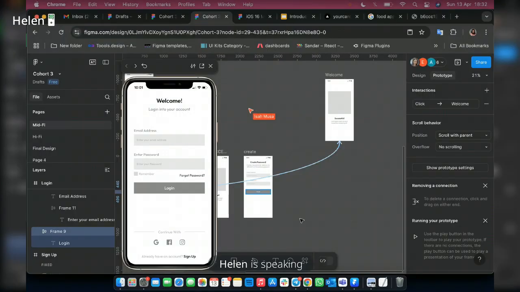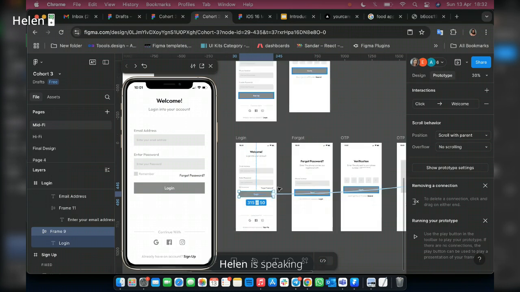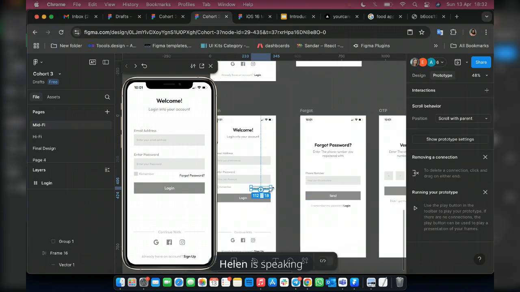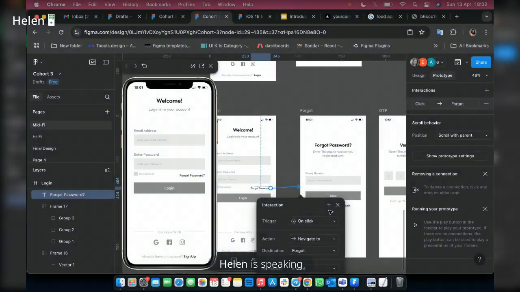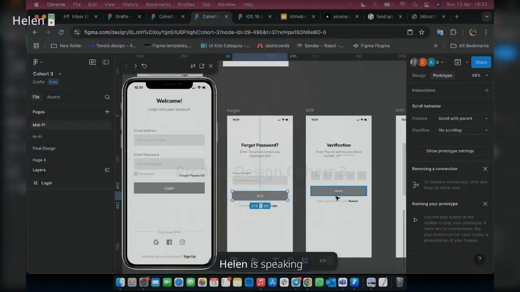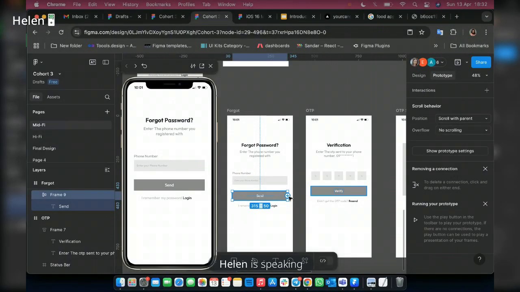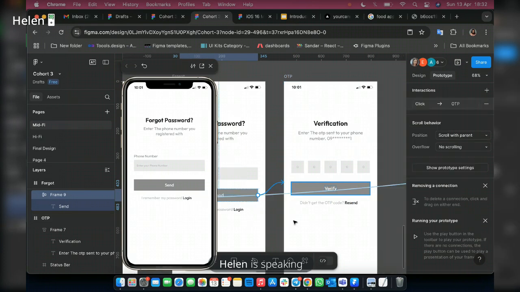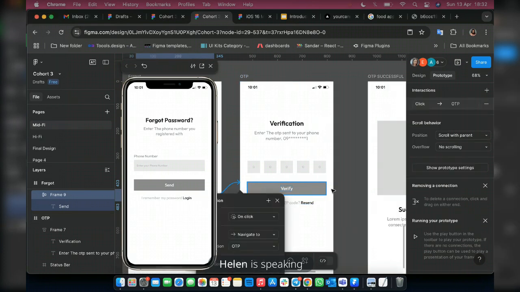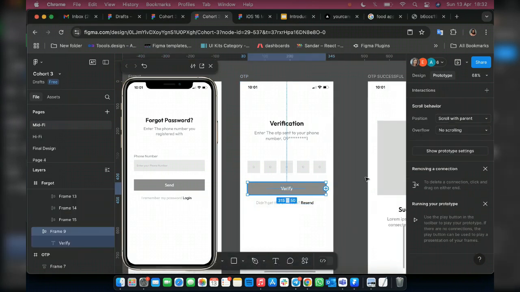Now, what if you want to use forgot password? If I click on forgot password, it takes me to this screen. Just the same normal flow. Here it takes me to send. Here it takes me to send. Then after inputting, it takes me to the confirmation screen. After the confirmation, now